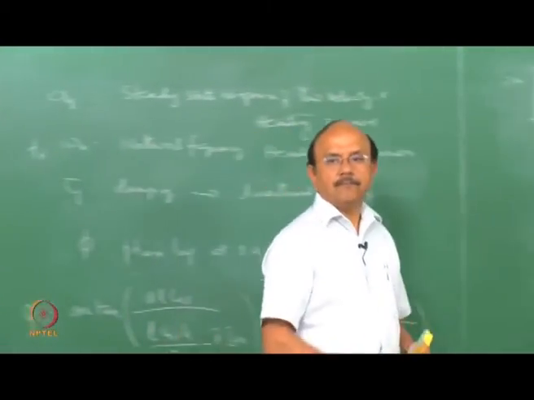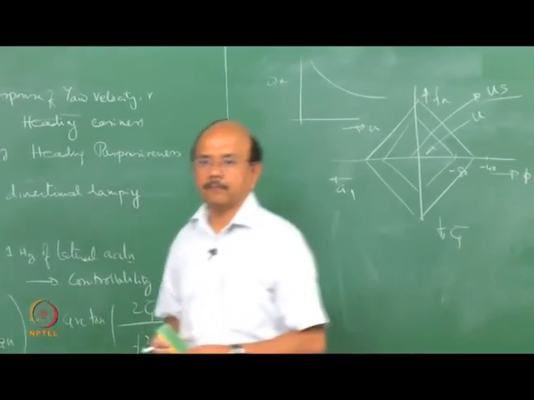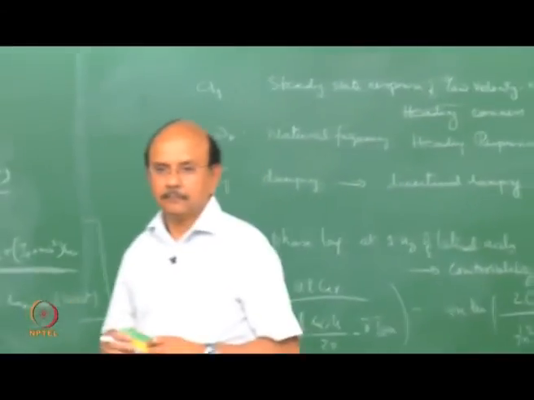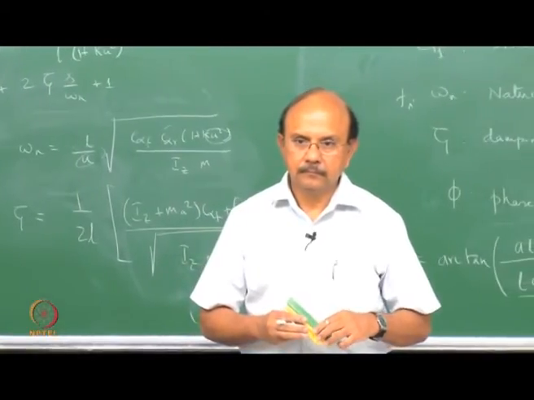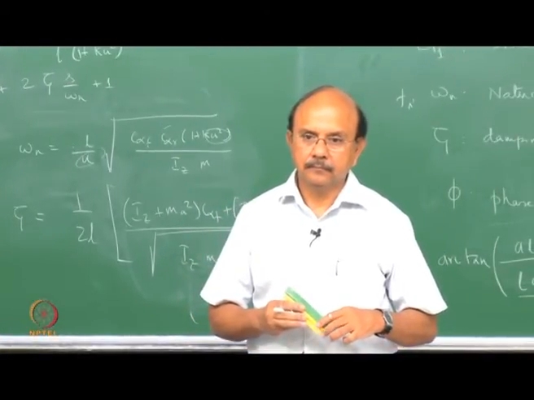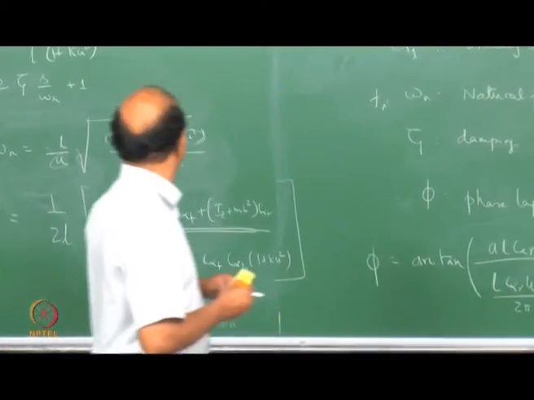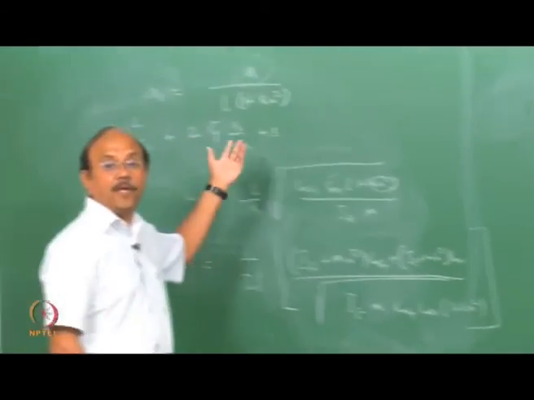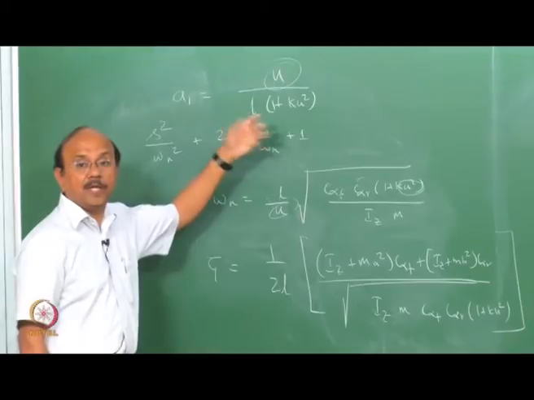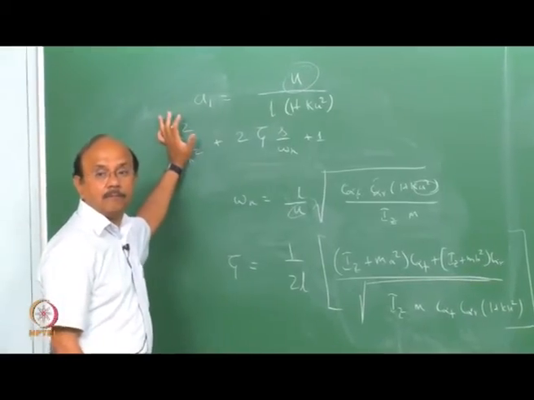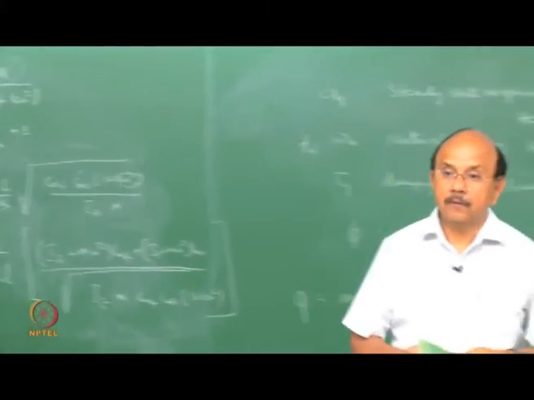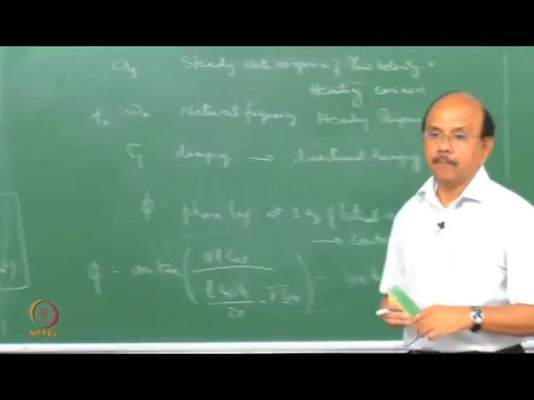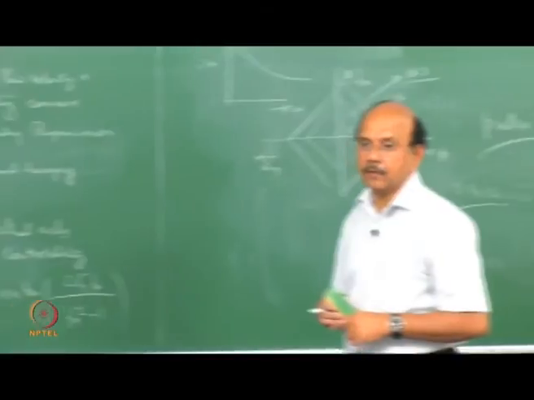Any questions? You said variation, we know the variation of, say, omega n with respect to u, right? But say A1 varies with u by 1 plus k u square. Depending upon the value of k, this would vary, and I know the k values that you have. So it's like inversely proportional. How do you think the rhombus will be there? What if it intersects with our ideal case?